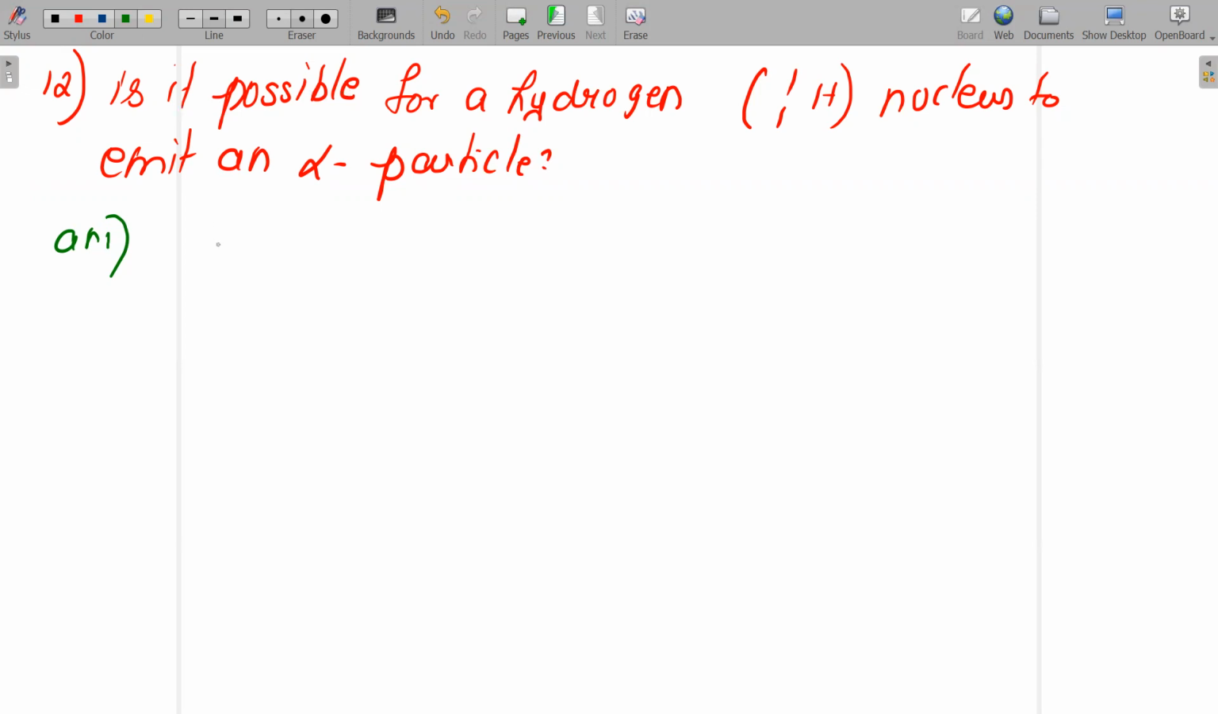Listen carefully. First, you should take one H1. From this, you should write what is the number of protons? 1. What is the number of